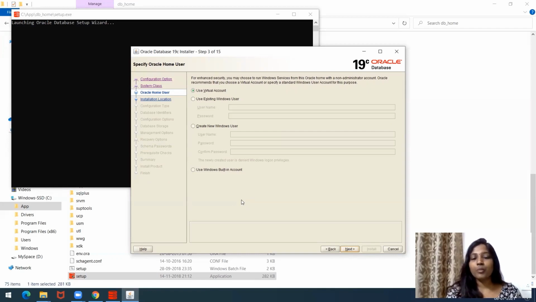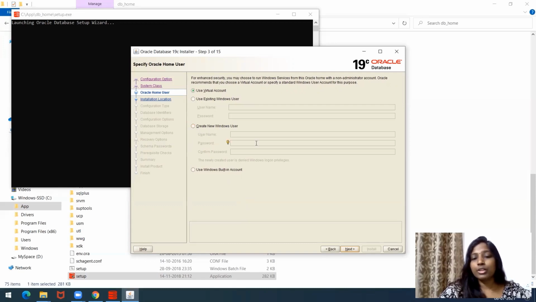There are four options: you can use a virtual account, use an existing Windows user, or use the Windows built-in account. But if none of these work out, it is always better to create a new Windows user. That is what I'm going to do now.